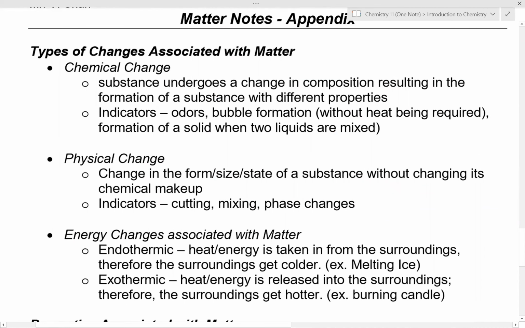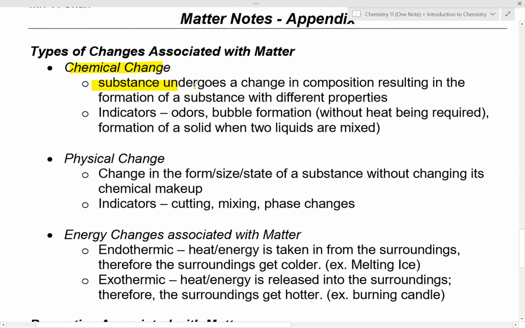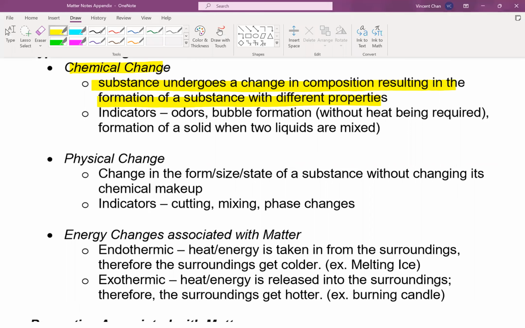Now, again, you have been exposed to this back in grade 9, back in grade 10, about chemical change and physical change. So I'm not going to spend too much time on it. So a chemical change is where the substance undergoes a change in composition, resulting in the formation of a substance with different characteristics or different properties. Okay, now the way you can think of it for chemical change is